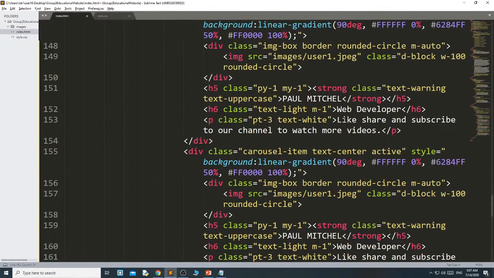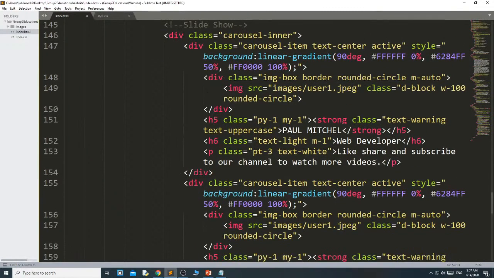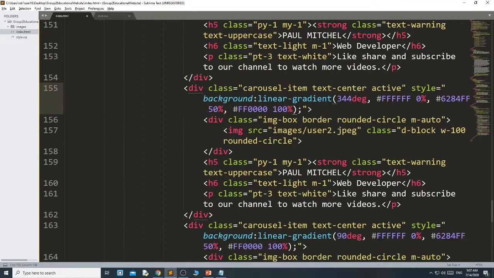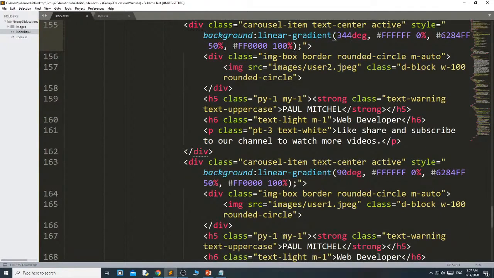Now the first one, then the second one. For the second one, let me first change the user, and the color I am changing to 344 degree. This color will be the same, this 50%, and the third one will be 100%. The rest of the things will be the same.